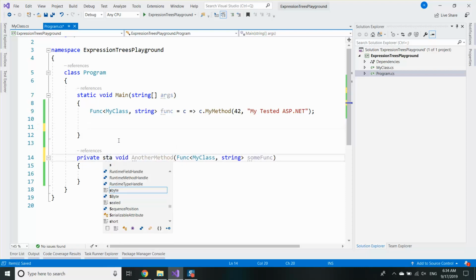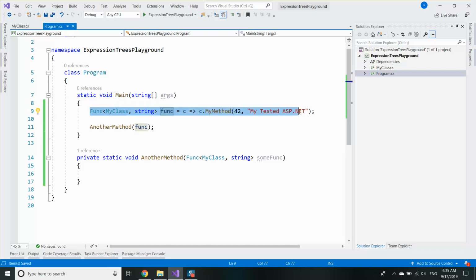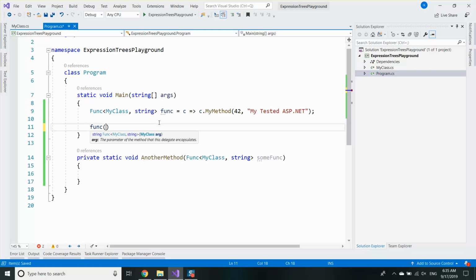It needs to be static. Another method, func. So essentially a simple delegate using the func or the action is a storage of a method. We can save a method call, for example, to a variable, and this variable can be used again as a method. For example, this function here tells me that I need to provide my class instance and it will invoke